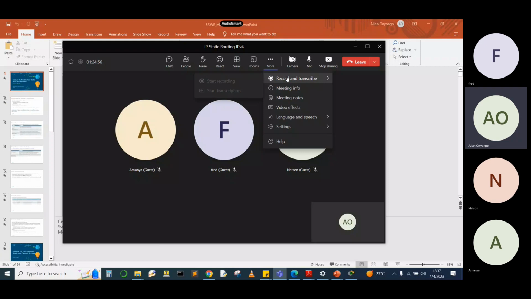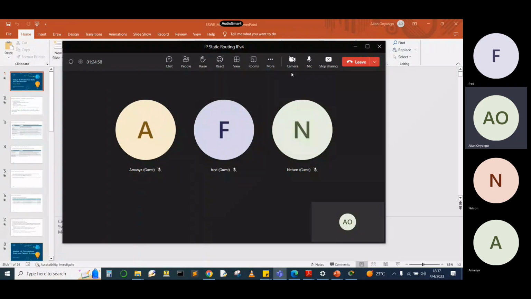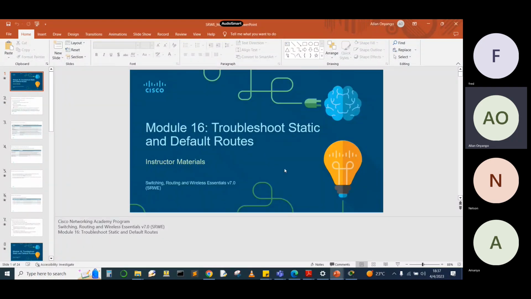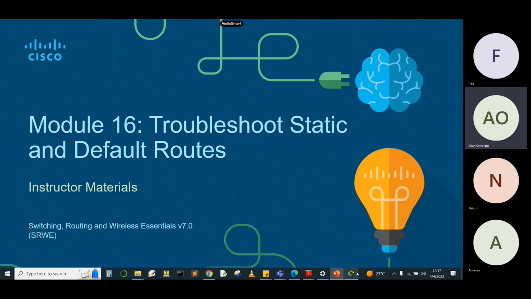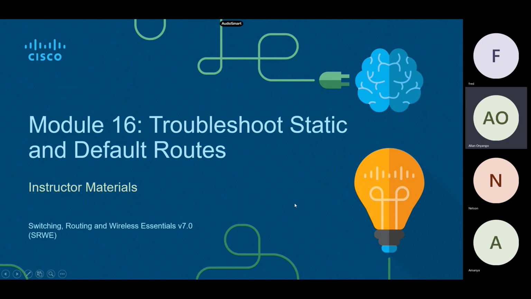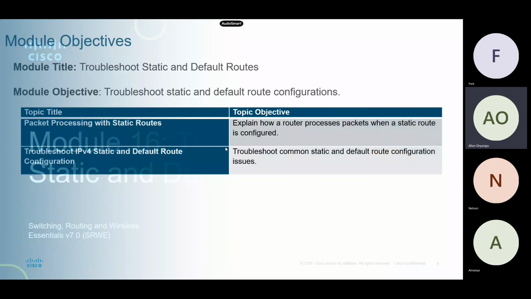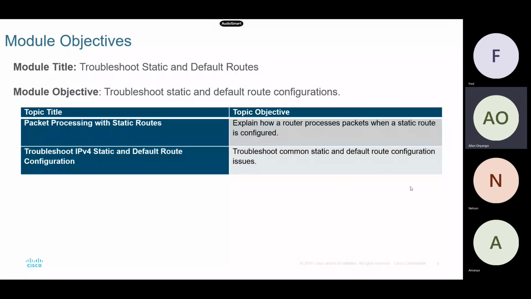I would like us to talk about how we troubleshoot IP version 4 and 6 static routes. What I'm going to do is take us through a very brief overview of troubleshooting, and then we can do one tough activity, and then we just call it a day. For troubleshooting, I want you guys to know just one thing,